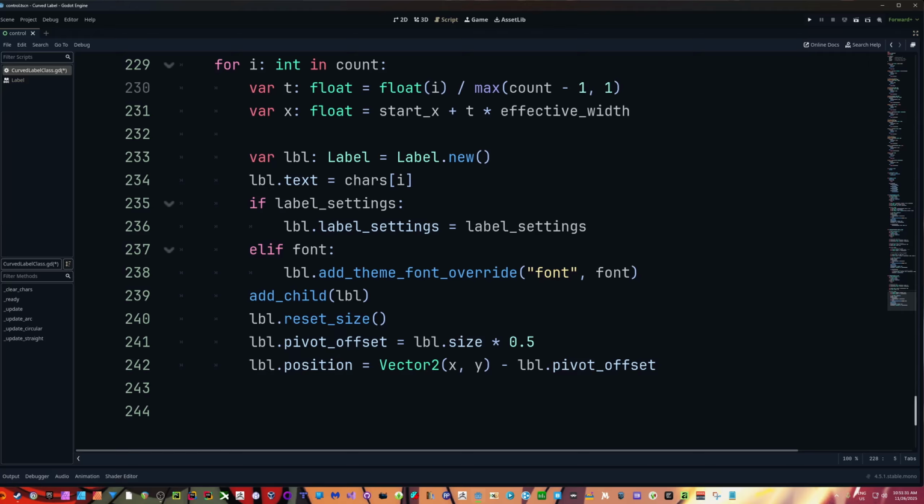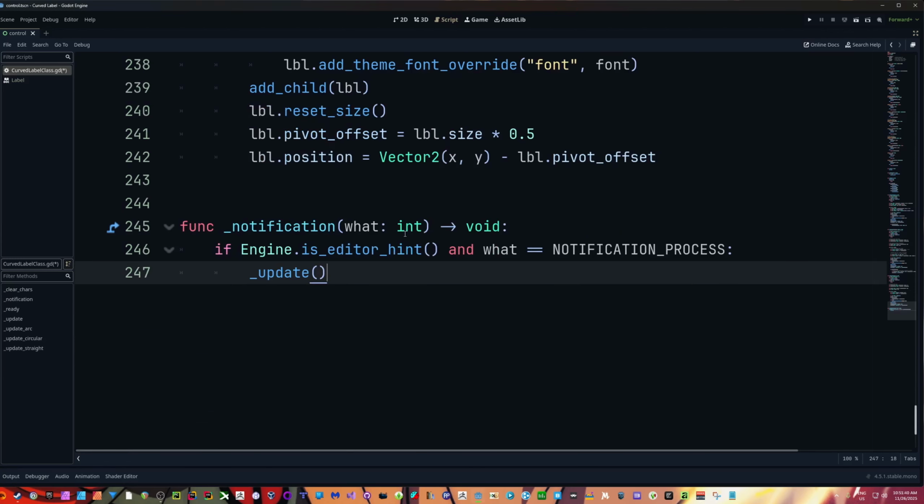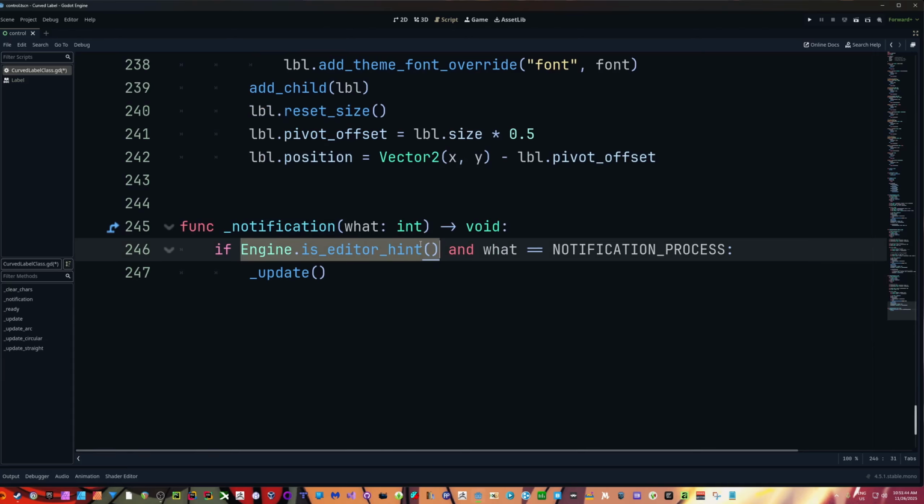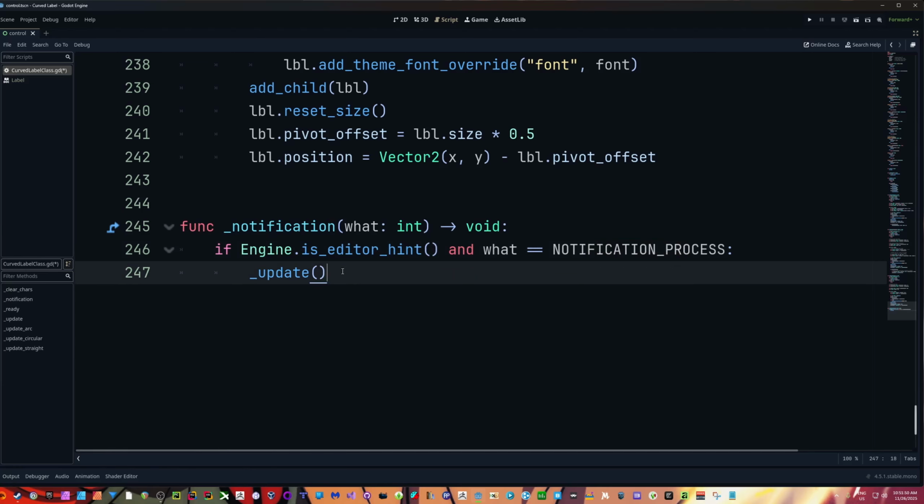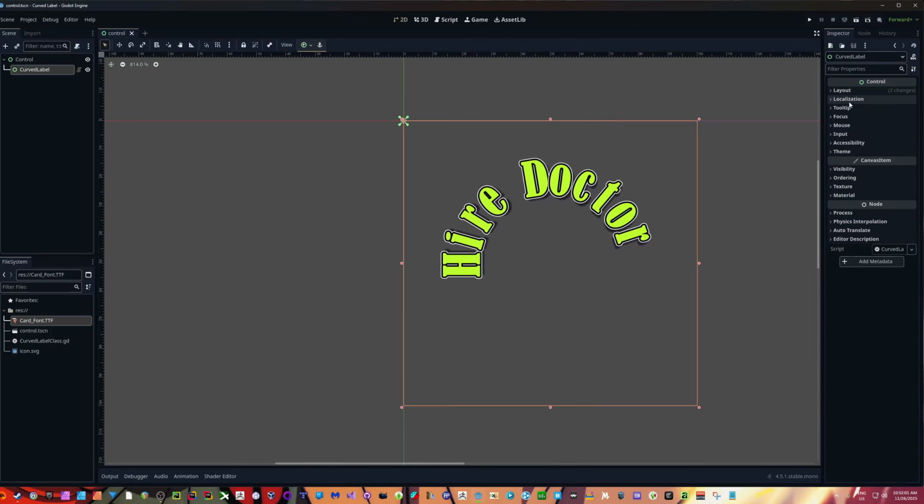And that just leaves us with one final function, which is our simplest one. This is just the notification. So we're saying if Engine.is_editor_hint, so if we're inside the editor and we've got the process notification, then we're going to call update. It's as simple as that. We don't need to get too fancy. And that'll give us our